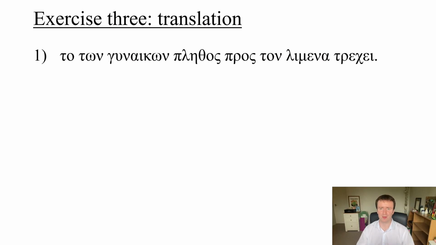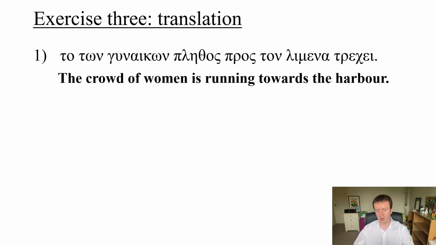Okay, we're now going to go through the translations of all 10 of these Greek sentences. Number 1 was to ton eunikon pletos pros ton limena treche. You should have translated this as the crowd of women is running towards the harbour. Now we know that it means this